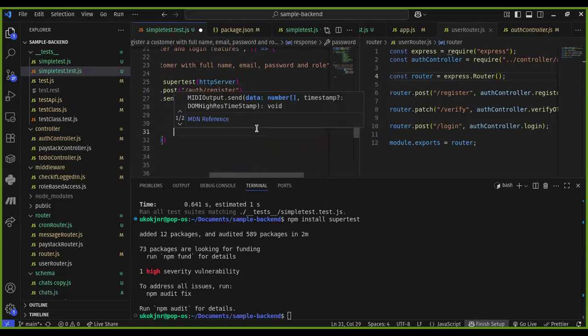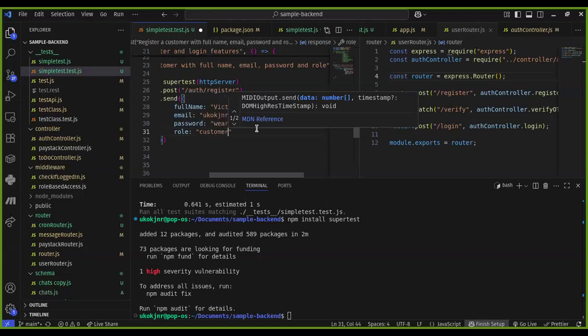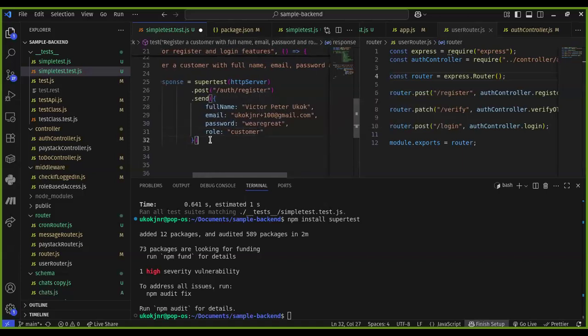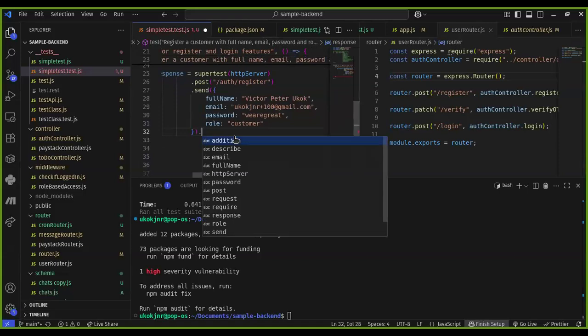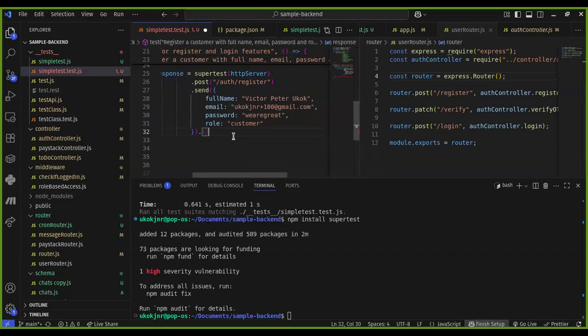Then the role would be customer. Right. And is there any other thing I'll need to set? If you want to set the request header, for example the authorization, this is how you do it. You then say dot set,